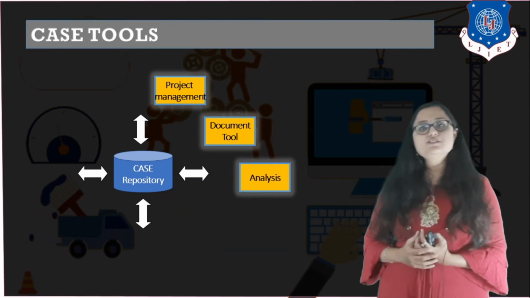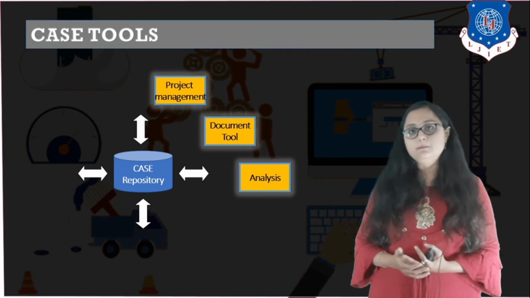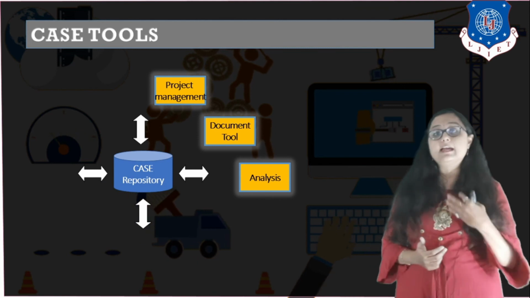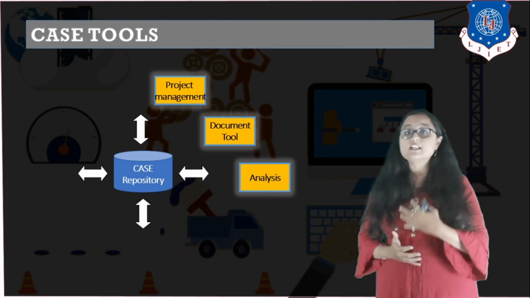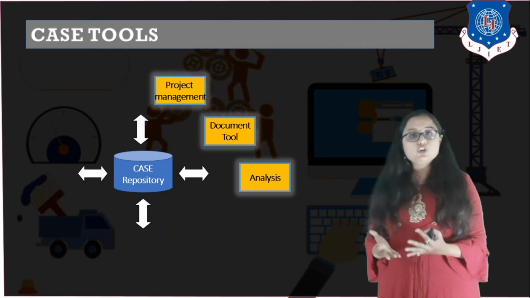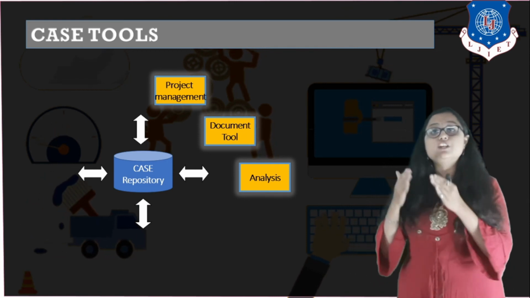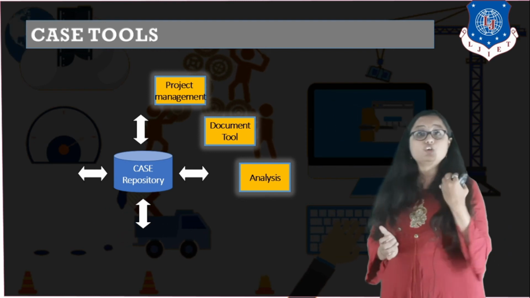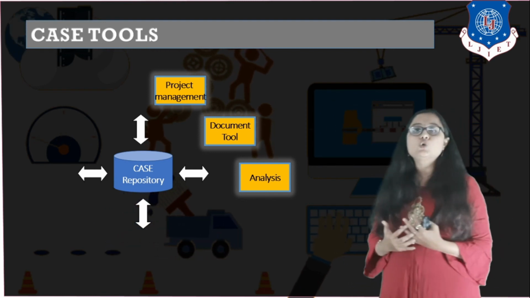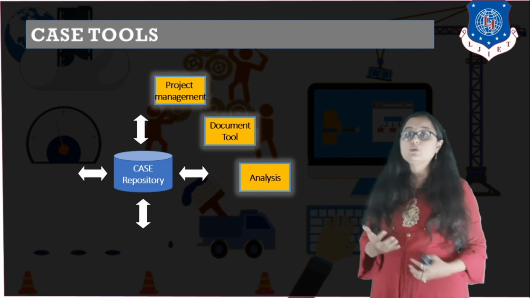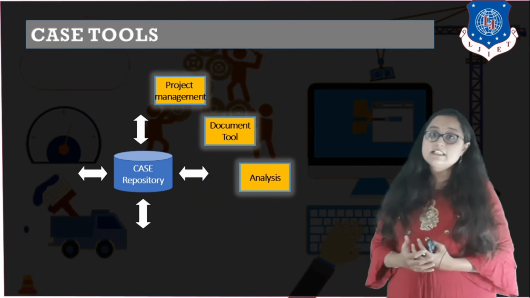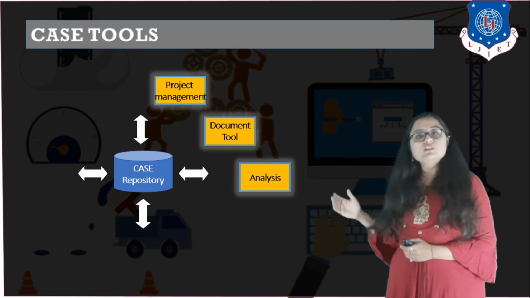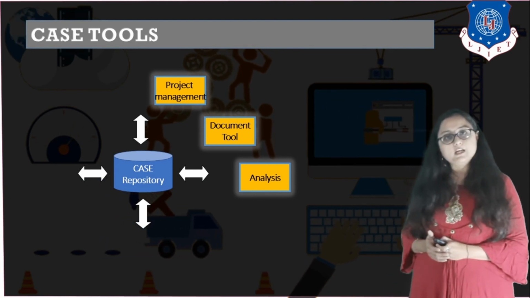The next is the analysis tool. Now, analysis tool is a general term, but there are different categories in analysis tools. If you want to analyze any inconsistency in your document, if you want to analyze any inconsistency in your source code, if you want to analyze any inconsistency or error in your test case, there are tools that are available which will automatically detect the inconsistency in your particular documents, right? So these all are the analysis tools that you may use.